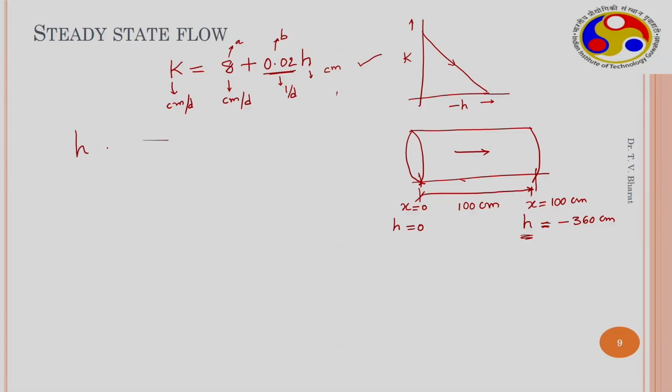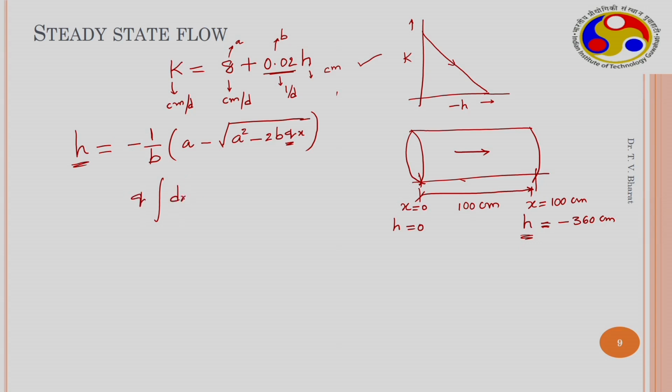So we can utilize our equation, h is equal to minus 1 by b times a minus square root of a square minus 2bqx. So here minus 1 by b is taken out, so that's why it is of this form. Everything else is known, but if the flux is known, then we can establish the relation between h and x. So we can utilize one of the boundary conditions that is given, or we can integrate and then do it. q anyways can be taken out.